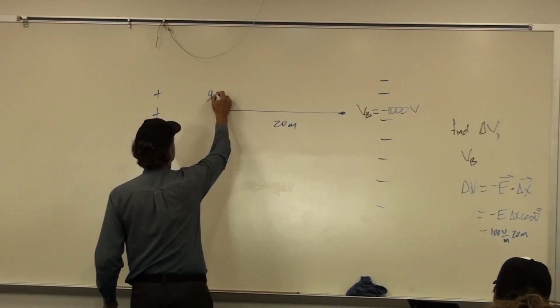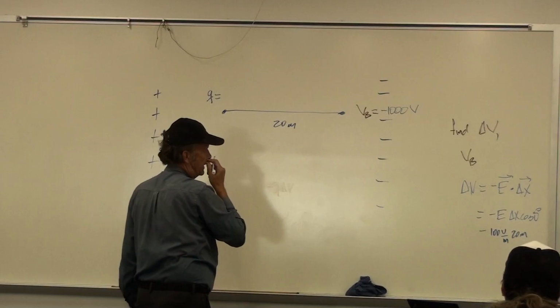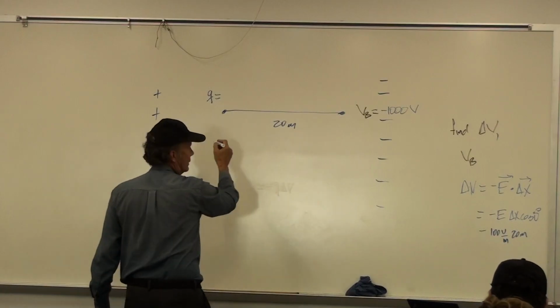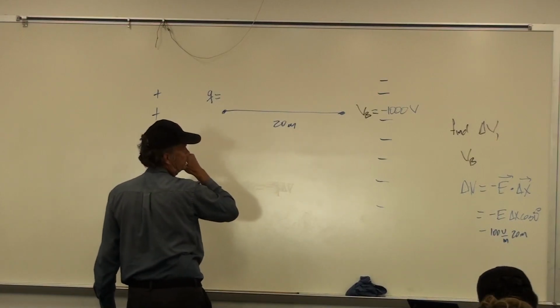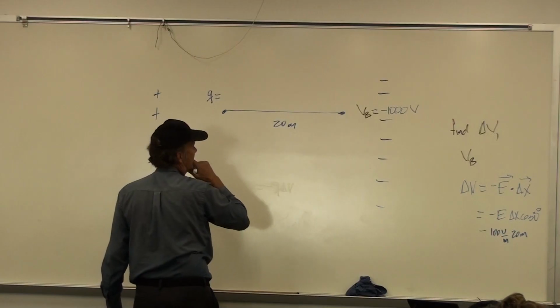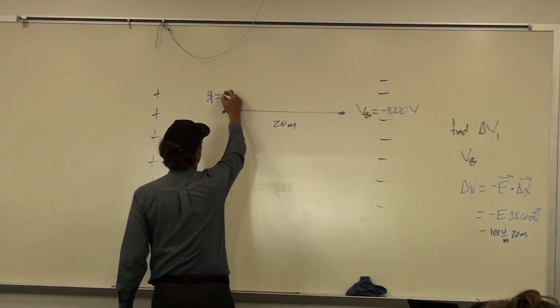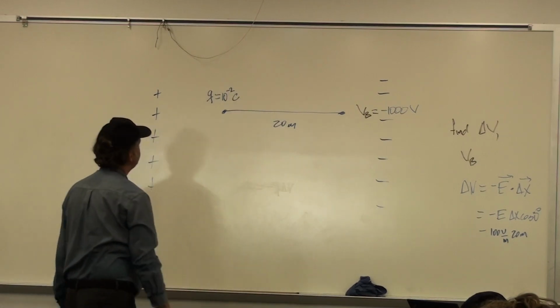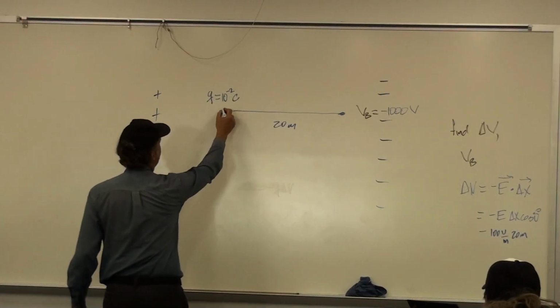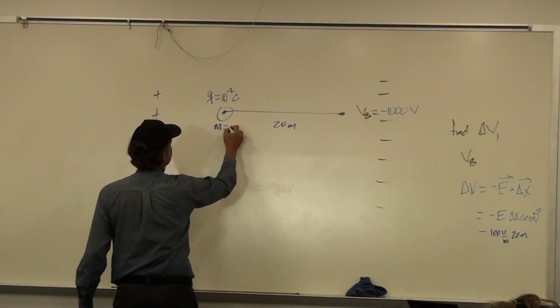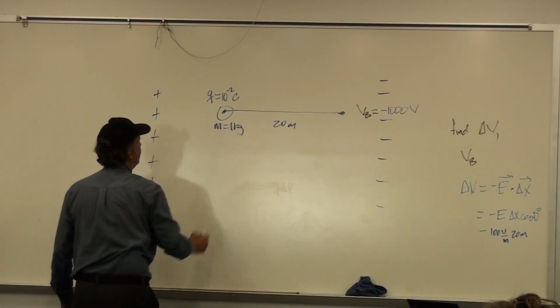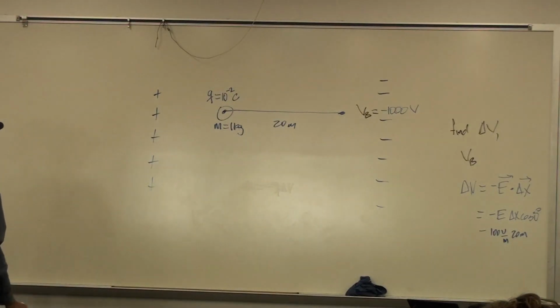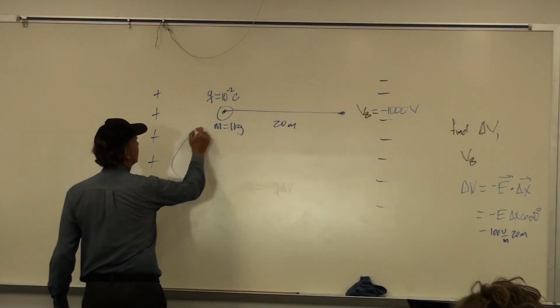And Q, let's say here, is equal to 10 to the minus 2 coulombs. And let's say that this is a mass, M, that's equal to 1 kilogram. So let's, if it starts from rest here,